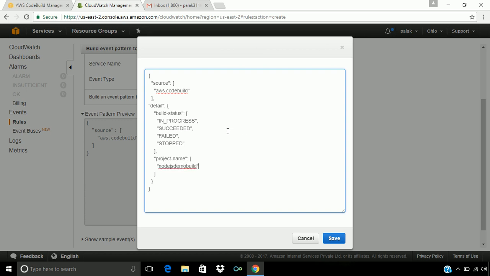So this rule will be particular to this Node.js demo build project. Whenever this Node.js demo build project is in these build statuses, we will get the email notification.